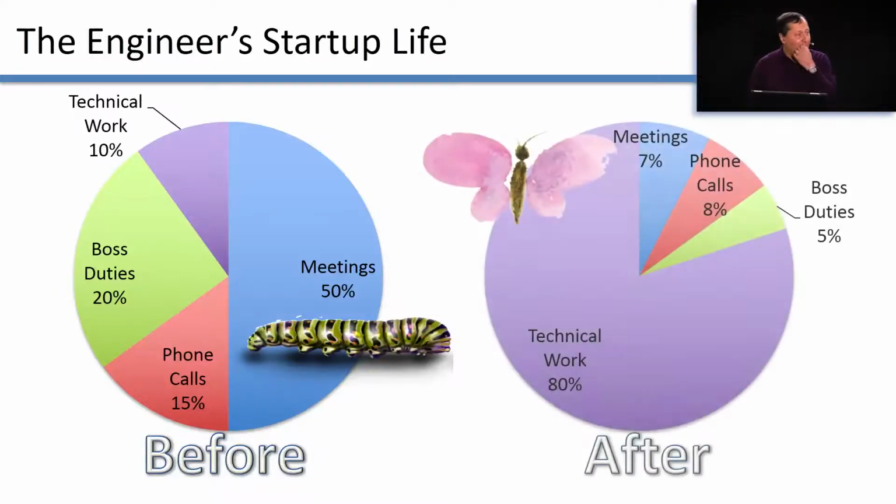Today, in my company, I spend more than 80% of my time coding. Yes, I'm the CEO, but I actually write code. I actually enjoy writing code. Most of the pictures that I showed you before were from pieces of code that I wrote. And then, of course, I come to meetings. I should put a sliver here for going to conferences and giving keynotes, but that's not important. So now my time is almost entirely dedicated towards doing stuff that I personally enjoy.